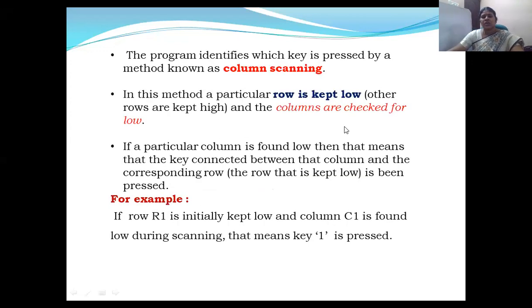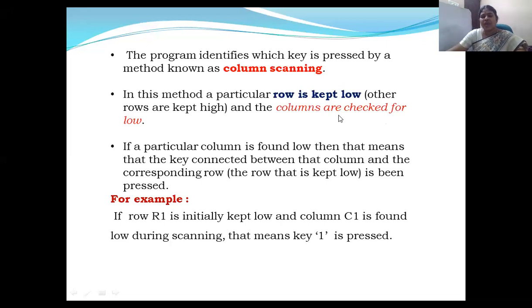So here we use the concept of column scanning. Column scanning means you have to keep your row as your reference, and you have to see all the columns. I'm taking a particular row; we have 4 rows, and in that you take a particular row. Suppose I'm going to take row 1.